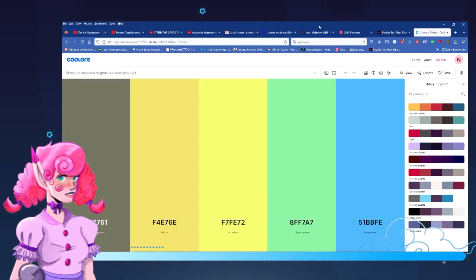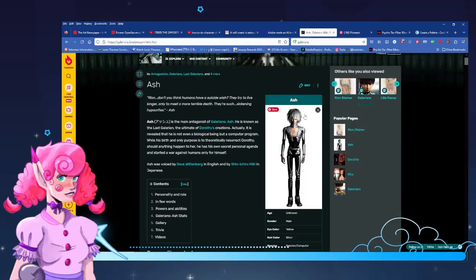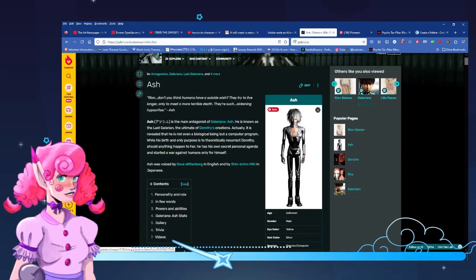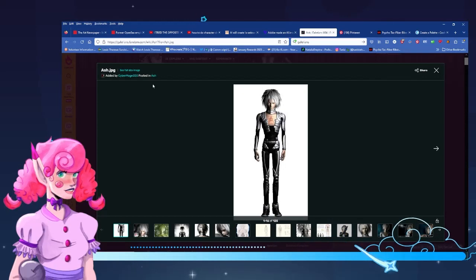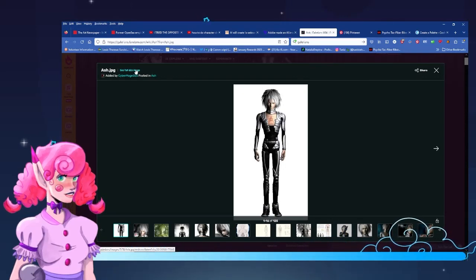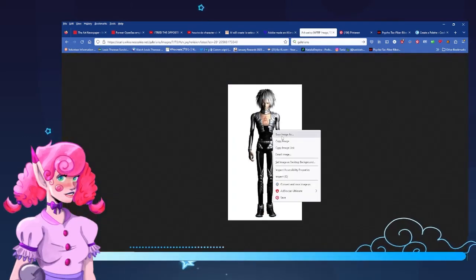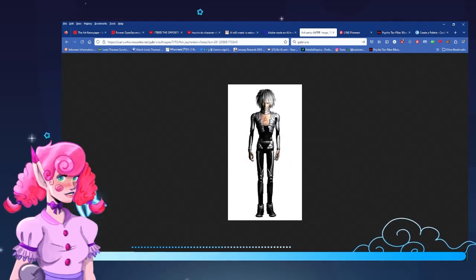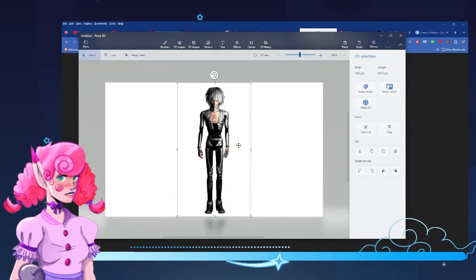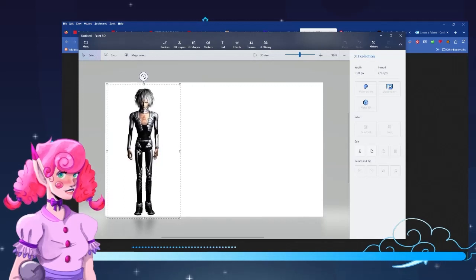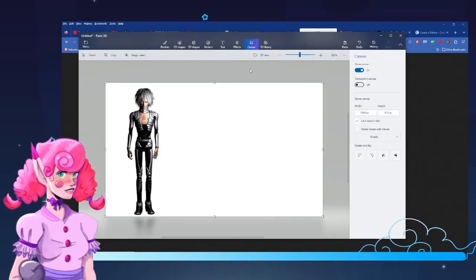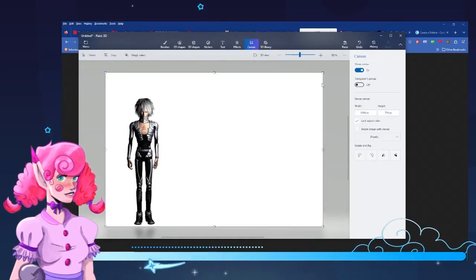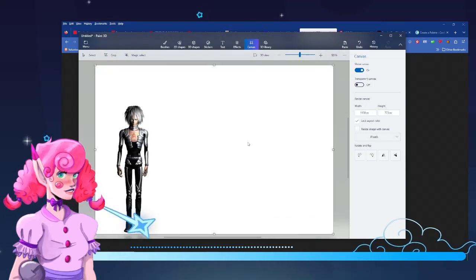So the character we're going to use is Ash from Galerians. This character is a villain. So I'm just going to copy, I'm going to paste it here, and it's done. For now. I'm going to make this bigger. Alright, so,